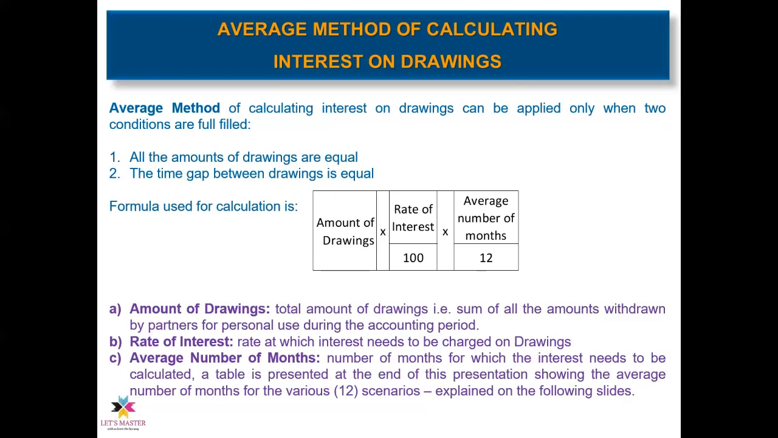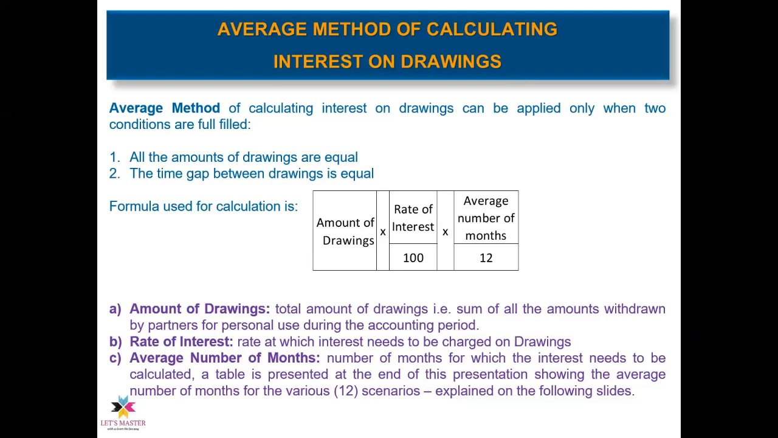So the amount of drawings would be 24,000. That's number one. Number two, the average number of months for which interest needs to be calculated. On the subsequent slide, we have discussed the different scenarios, that what would be the average number of months